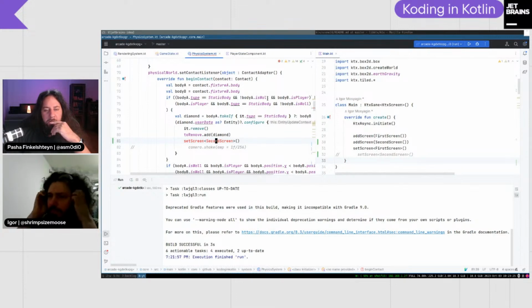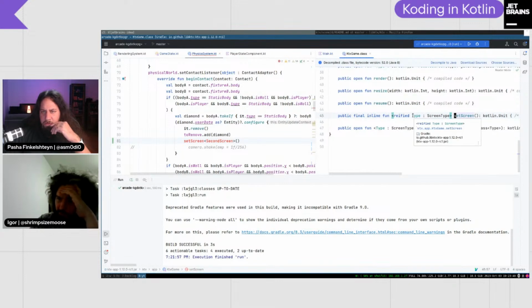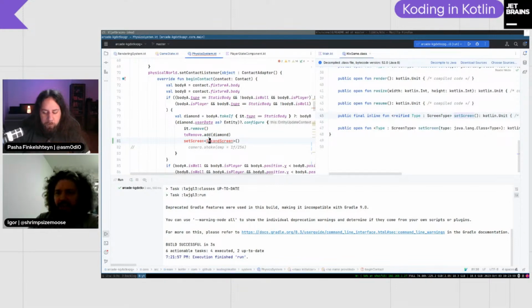Could you please open the set screen signature or something? How do I do that? Control click. Control click. Okay. What is it? It's in KTX game. Interesting. Yeah. So we have to look at KTX, change screen.